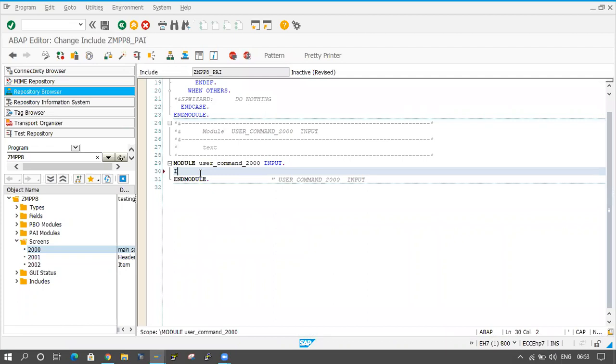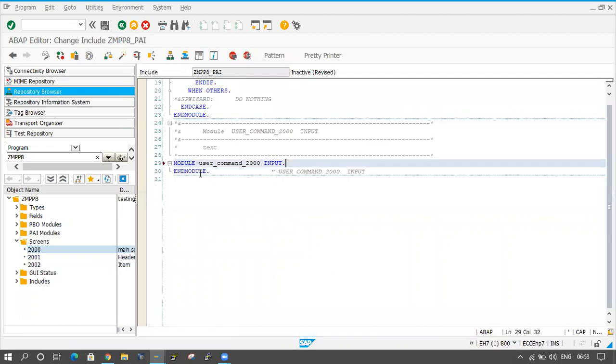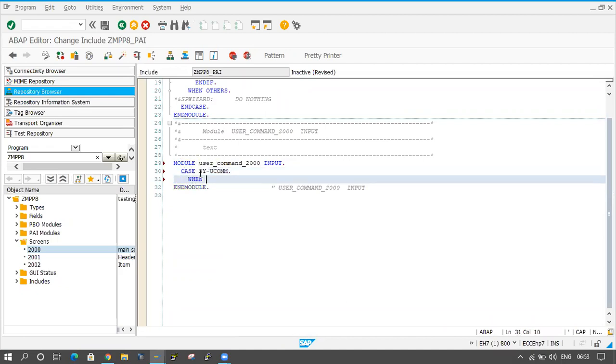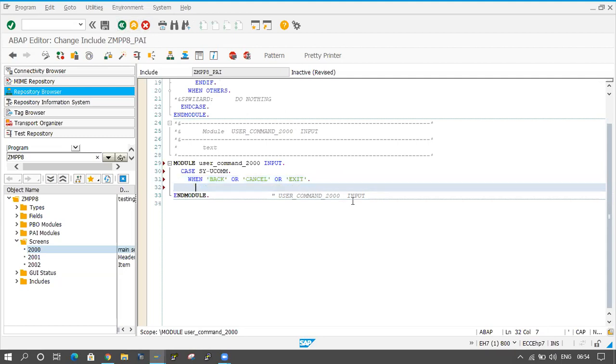And here, in this case SY-UCOMM, when back or cancel or exit, okay, whatever it is. If I click on these three buttons, they are coming, right? So if I click on back button, cancel button, or exit button, whatever it is, I want to go to the previous screen.